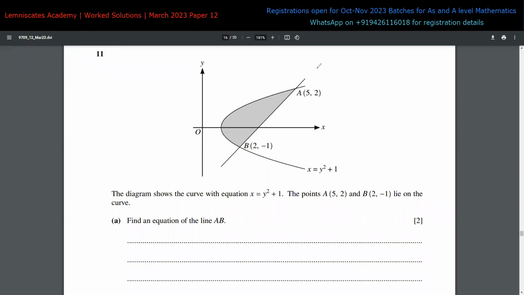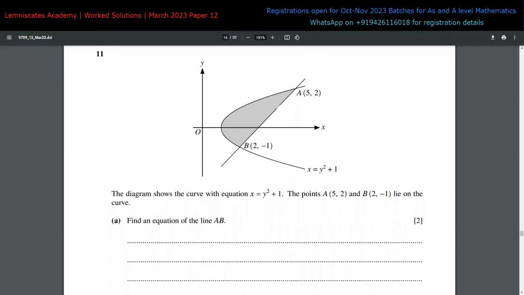Okay, so let's begin with the final question of this whole paper. Over here, we are given the curve with this particular equation. It also has point A and B lying on it. And then there is also a line which passes through point A and B. In the first part, we are asked to find the equation of this line that is passing through A